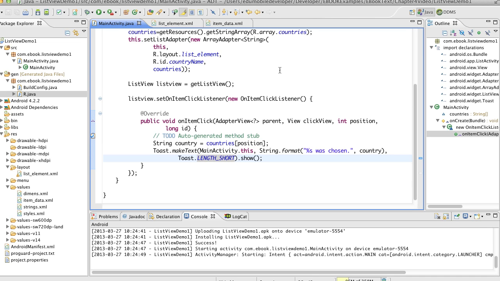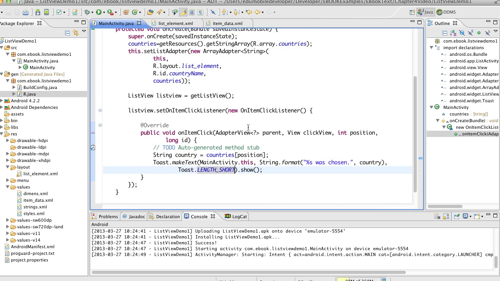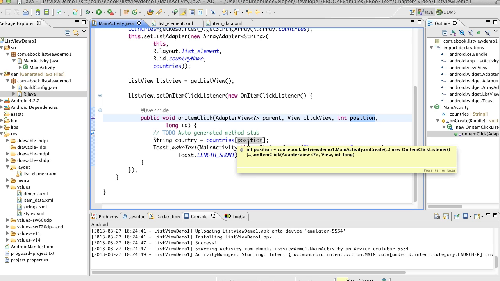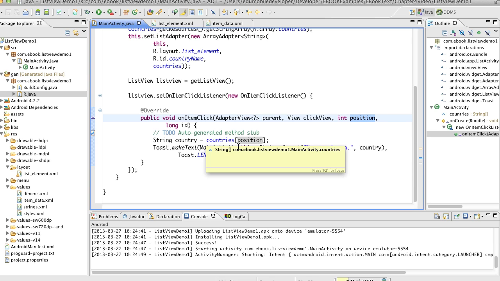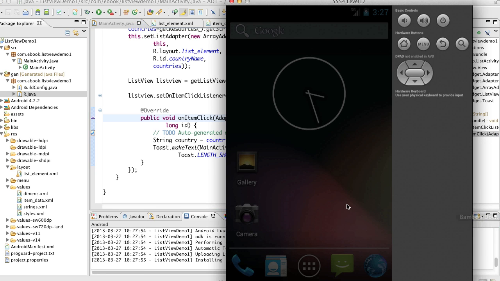Now, very simply, I've moved countries out to be a property so that we can get to it. We've already set up a countries array. So in the on-item click listener, I get the countries array position, and this is this parameter. I get the position in the countries array and pass it back as a string country, and then I make a toast out of that string using String.format. So now when we run this, what happens is